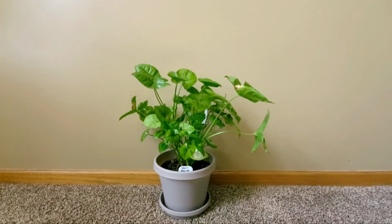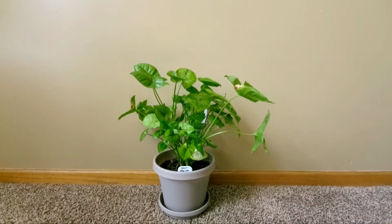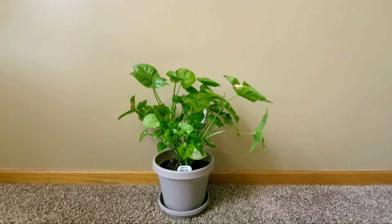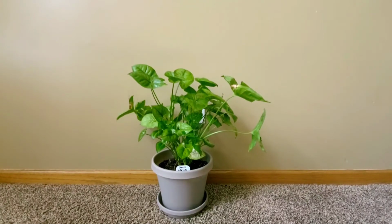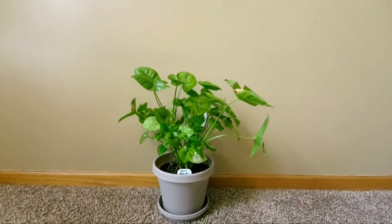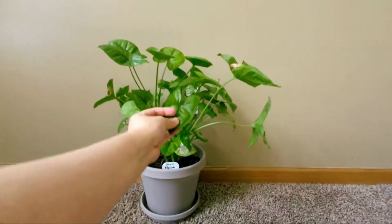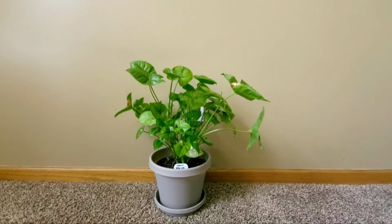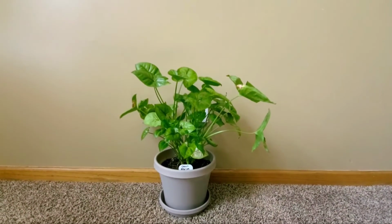So this one, because she doesn't really get a ton of light, and I do that on purpose. I want to fill that spot that she's in with plants. So she's one of the contenders there, because what I've noticed, this kind of variety can survive more in low light settings and is not as finicky. They might not thrive, but